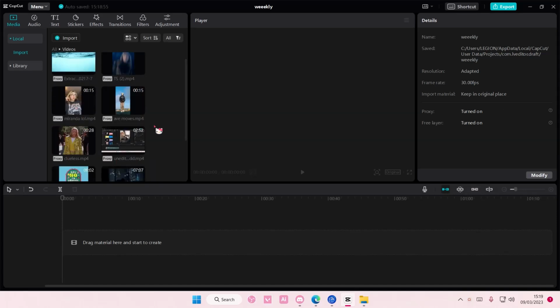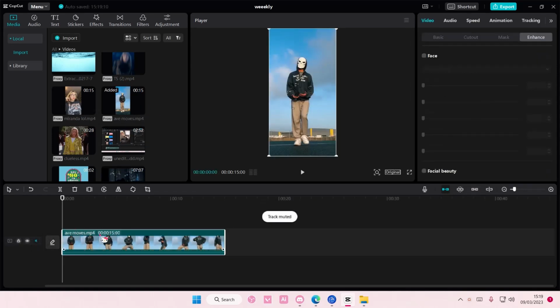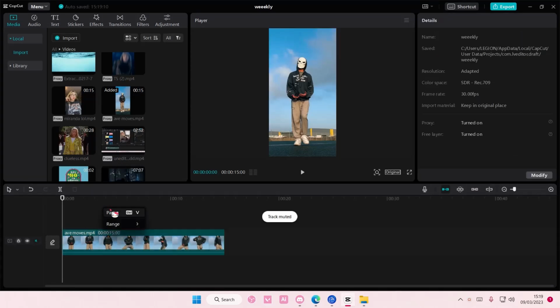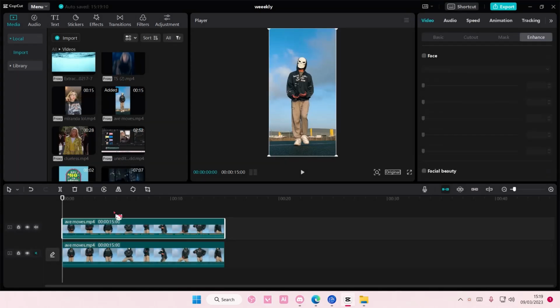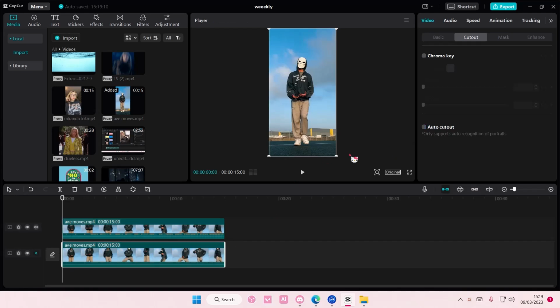In this video I'll be showing you guys how you can create this half video background edit on CapCut PC. So I'm just going to add this as my video. I'm just going to copy and paste that as well. Then I'm going to select cutout and I'm going to select auto cutout, and on the background video I'm going